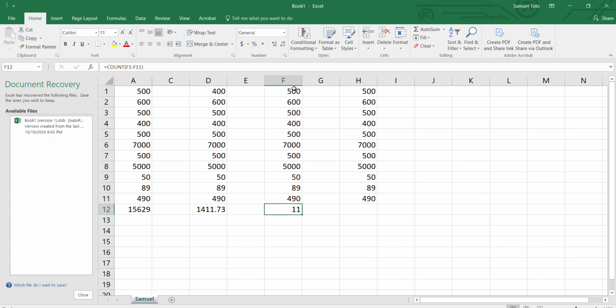Which you can count manually: 1, 2, 3, 4, 5, 6,